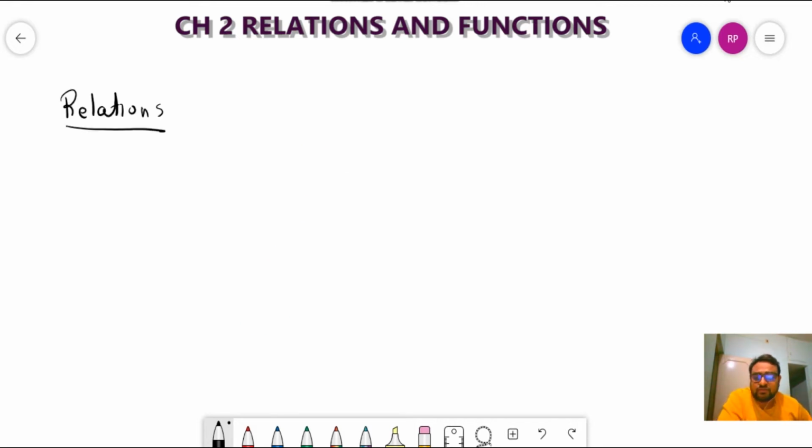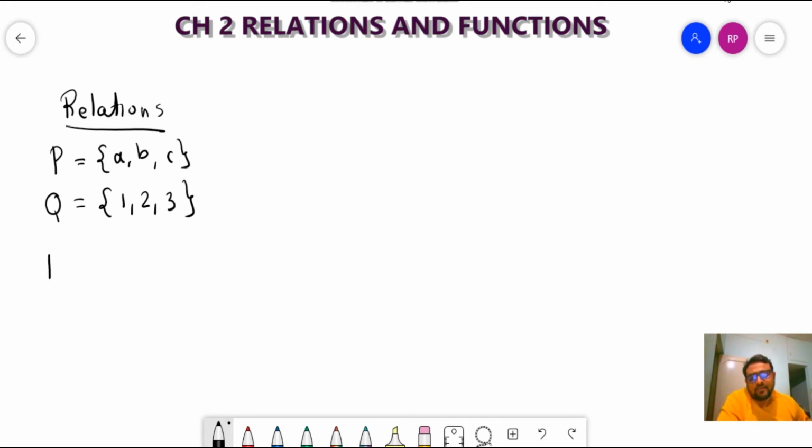Now, relations. What are relations? Let's take two sets. Let P be the set with elements A, B, and C, and let Q be equal to 1, 2, 3. So P cross Q will have how many elements? That is 3 cross 3, which equals 9, right? So that will be equal to